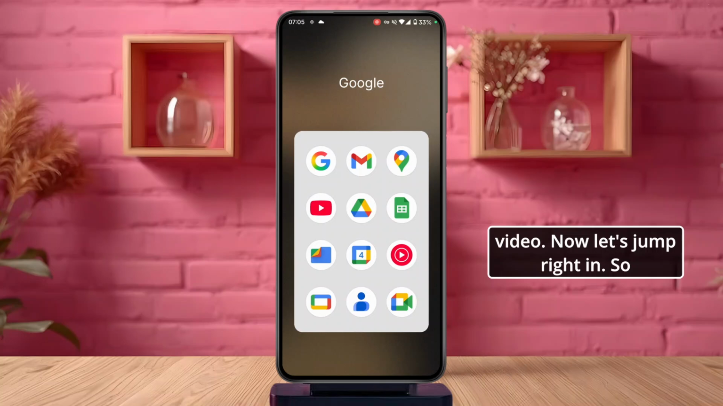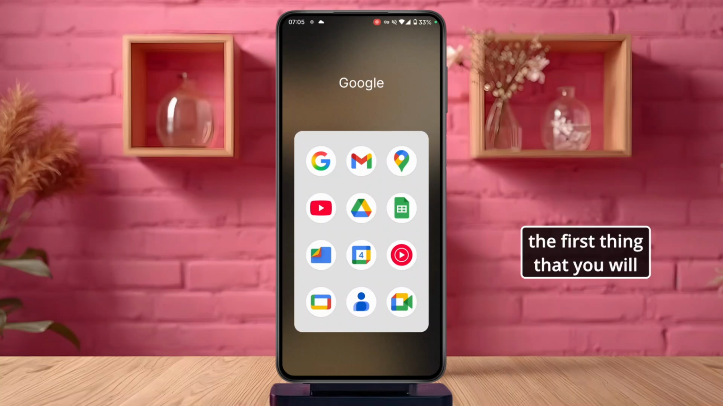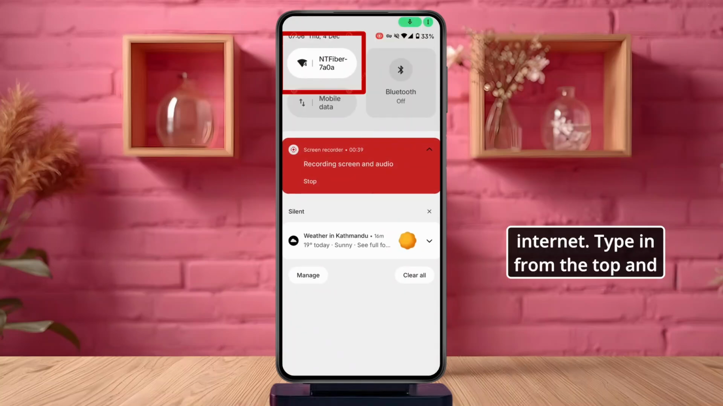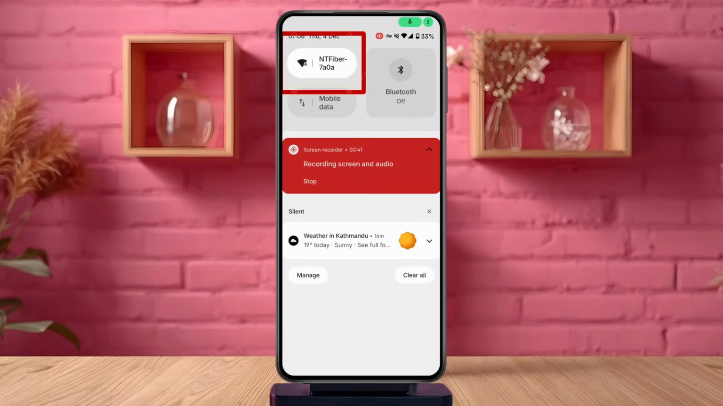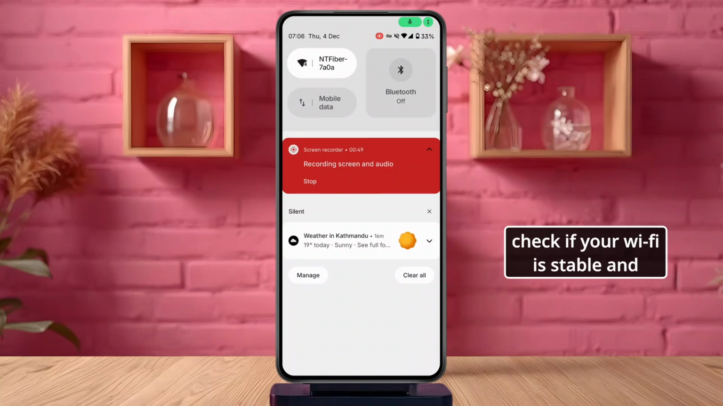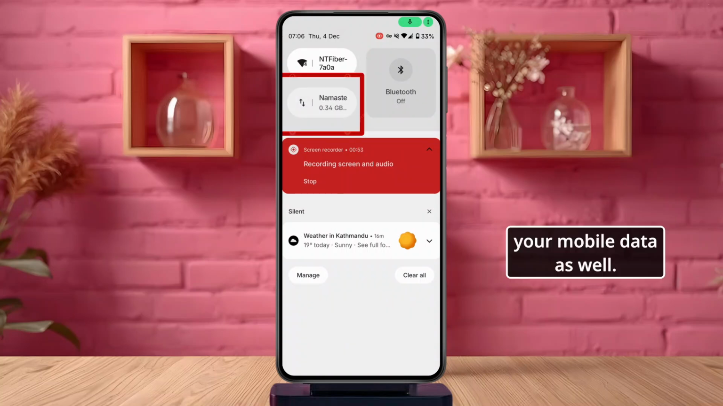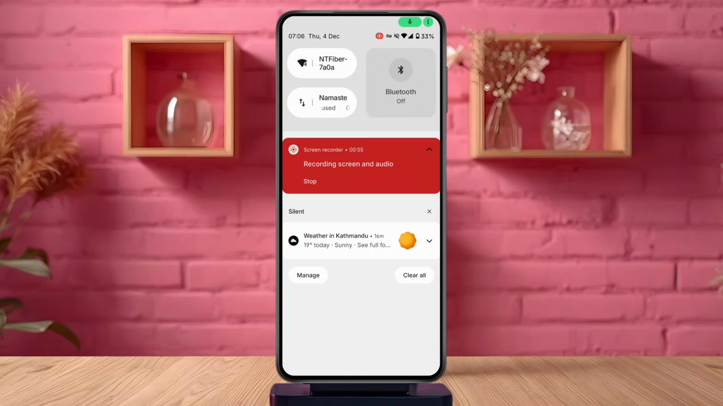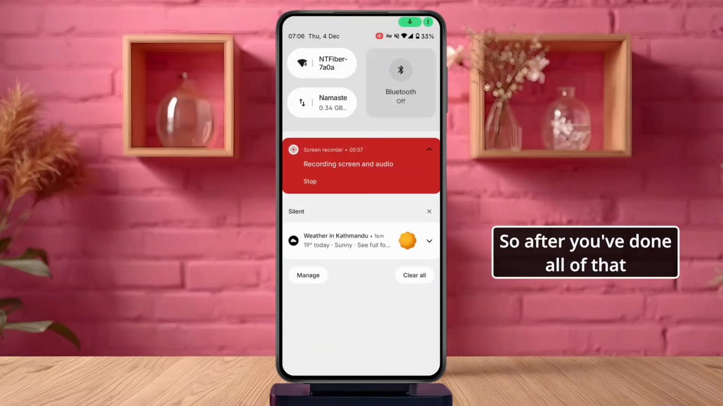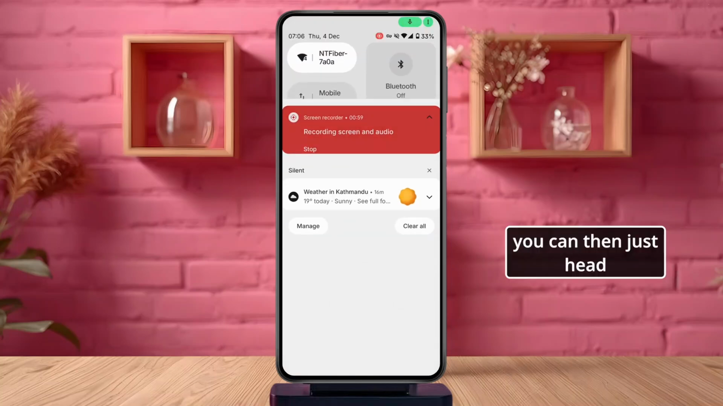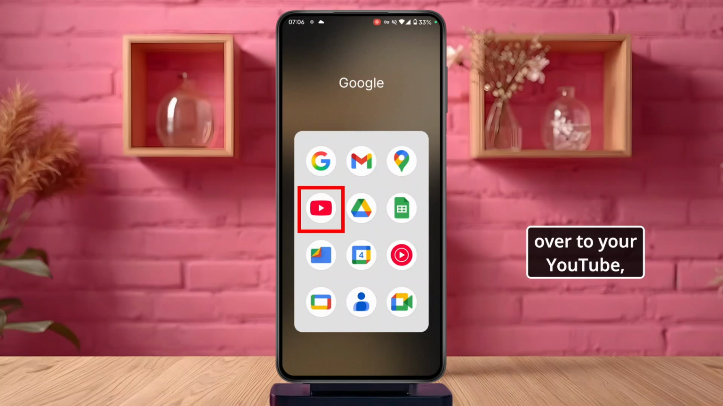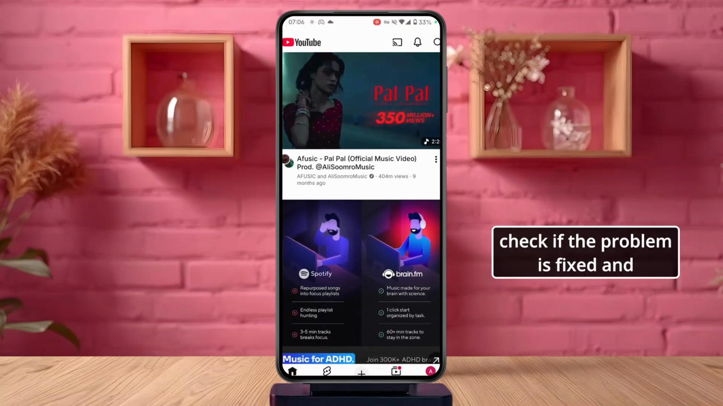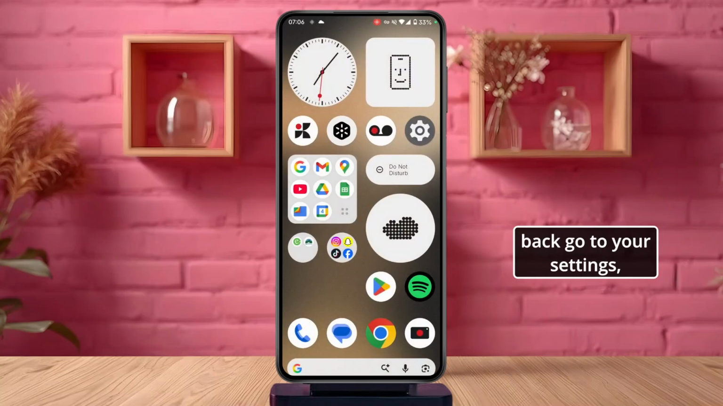Now let's jump right in. So the first thing that you will need to do is make sure you're connected to the internet. Swipe down from the top and check if your Wi-Fi is stable and good. If not, you can just switch to your mobile data as well. So after you've done all of that, you can then just head over to your YouTube, check if the problem is fixed. And if it's not, you can then head back, go to your settings,